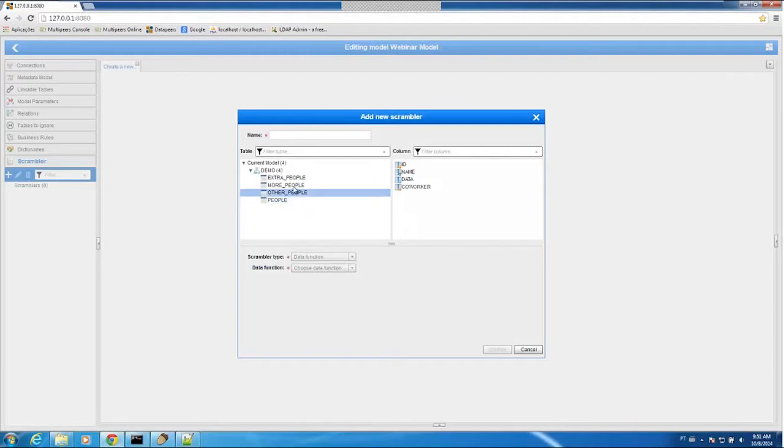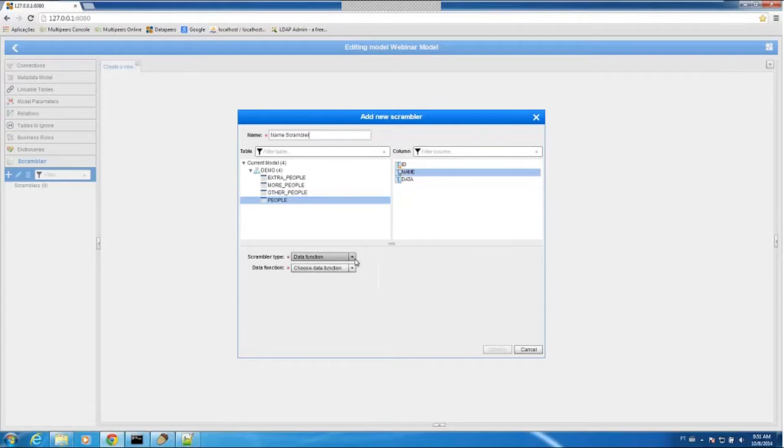I have other tables, they all look the same, so I just want to use this people table, which is simpler, and I want to mask the name of the people in that table. So this is name scrambler,